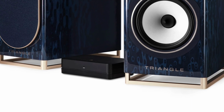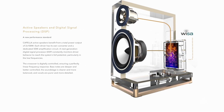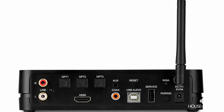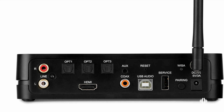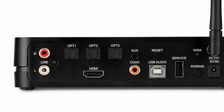Now, the thing that's really cool about this model of Triangle, something that I appreciate over the AIO Twins, the LN01As, the Berea 03 Bluetooth, is what I call a breakout box or a connector box. So we're using Wisa technology here, and Wisa is a lossless, very low latency wireless connectivity device. And so what you do is this can live on your desktop because of its USB port. It could live under the TV with an audio return channel, HDMI, optical, etc. And this box communicates wirelessly with the speakers from across the room. In addition, you have two line level inputs as well. So you could run, if you have a turntable or phono stage, or just a single device that you want to analog out into this to get the sound over to your speakers on the other side of the room,